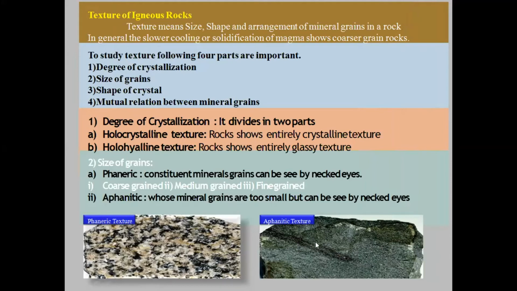You can see an example here. We have an aphanitic texture, and in an aphanitic texture the grain size is very fine, and it's very hard to see any crystal intact. However, in the phaneritic texture, you can see clearly different minerals, like the light color minerals and the dark color minerals. These minerals have large crystals that are easily seen, and this is an example, by the way, from granite.